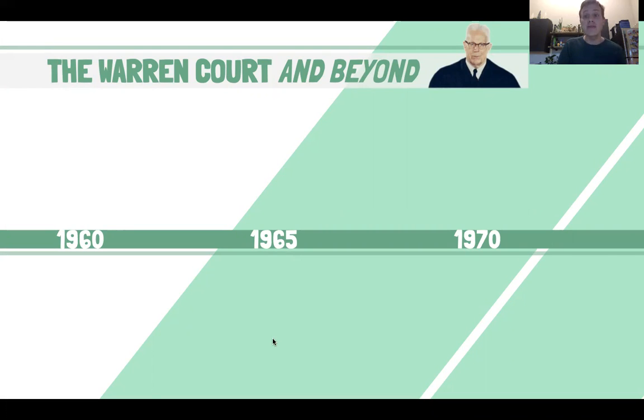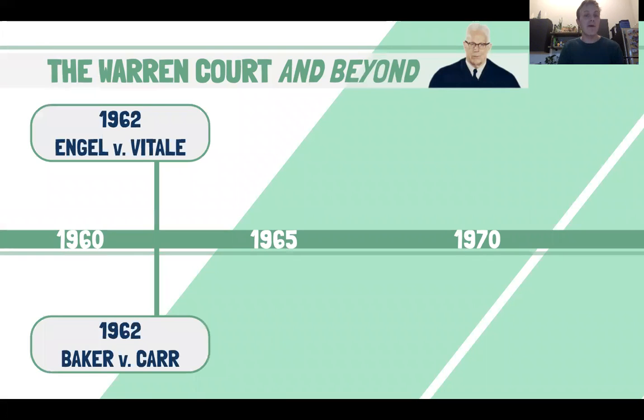Right off the bat, he had some big cases, but it really picked up in the 60s, the Warren Court, in particular with cases we've looked at, like the 1962 case of Engel versus Vitale or Baker versus Carr, right? Both of these cases completely changed what people thought of as acceptable: no prayer led by teachers in public schools, and Baker versus Carr, obviously that one person, one vote idea.